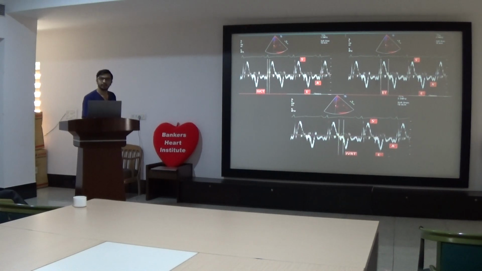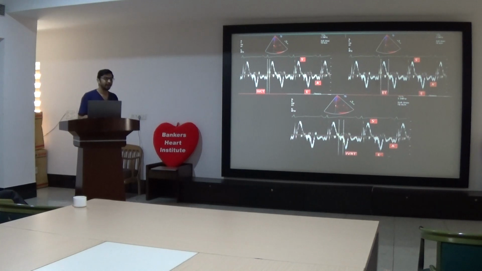Is everything taken in tissue Doppler? Yes, everything is to be taken in tissue Doppler for myocardial performance? The ejection time can't be taken in tissue Doppler. How can you take it? It is pulse flow Doppler at RVOT. IVRT, IVCT, I agree, can be taken in anything. It can be taken in pulse flow also, and in tissue also.